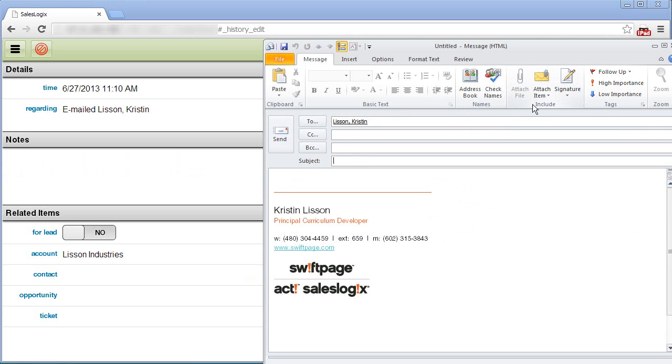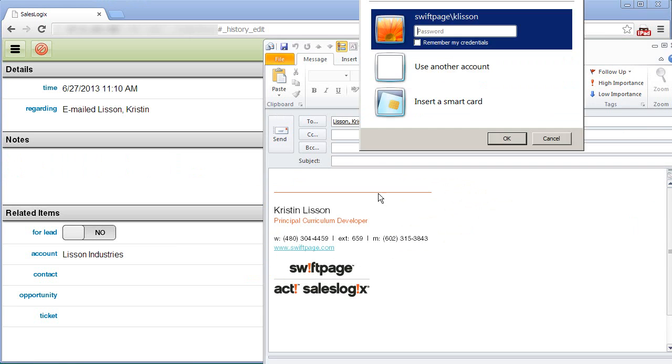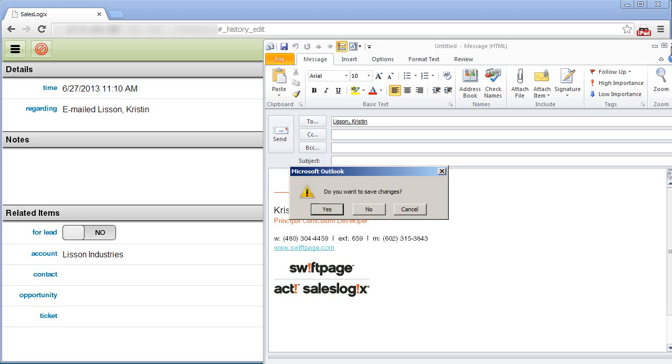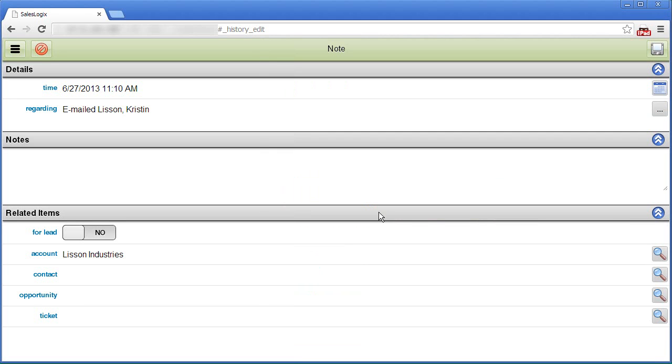Because I'm on a PC, it opened my default mail client app, which allows me to compose and then send from here. Once I send this message, so I'm just going to click, we can see that SalesLogix Mobile has been waiting for us behind the scenes to automatically start a new note for us. And this note will appear in our Notes tab of the Notes history to serve as a record of the